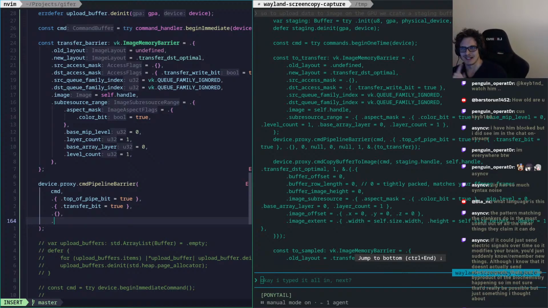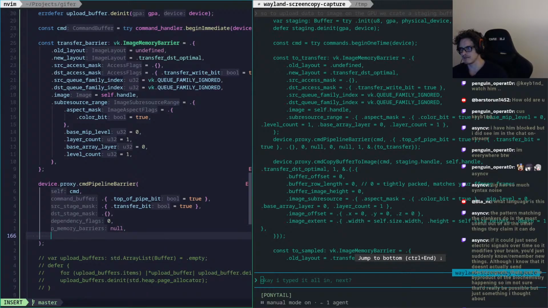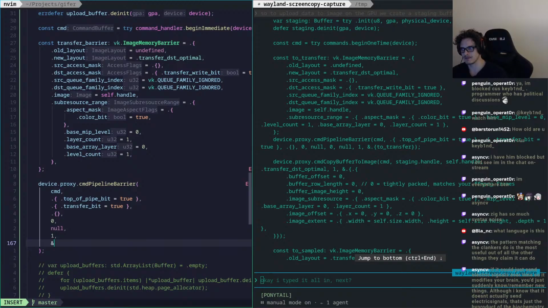Okay, wait. We got that. We want to do a 0. What is the 0 for? It's for dependency flags. Okay, so we don't do any dependency. Interesting. And then we pass a null for memory barriers. Yeah, because we do image barriers now. And then a 1 for image memory barriers. Yeah, okay. And then we do a